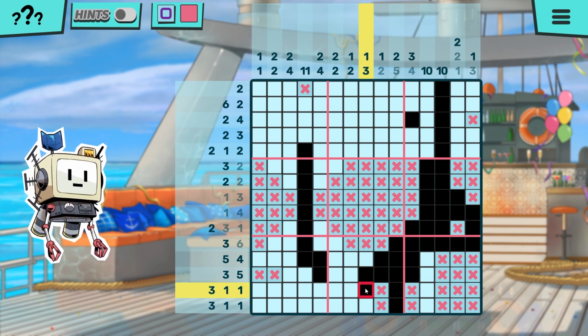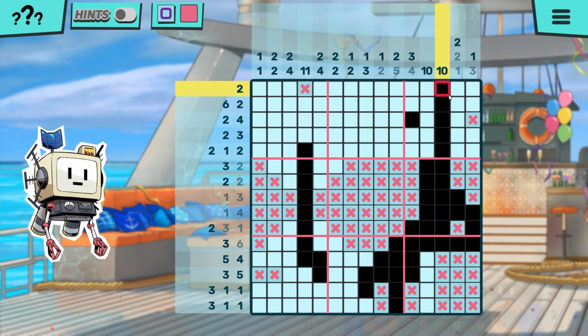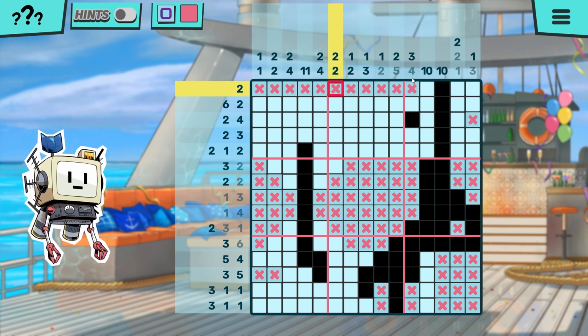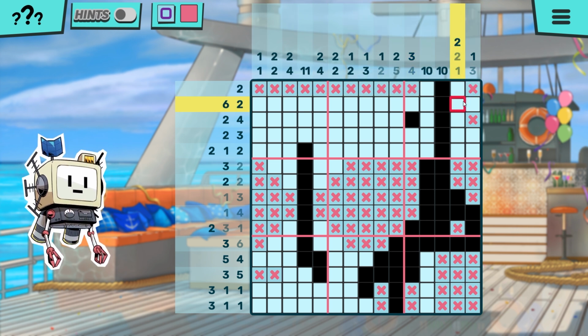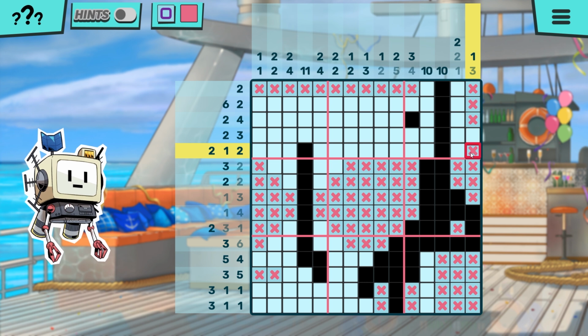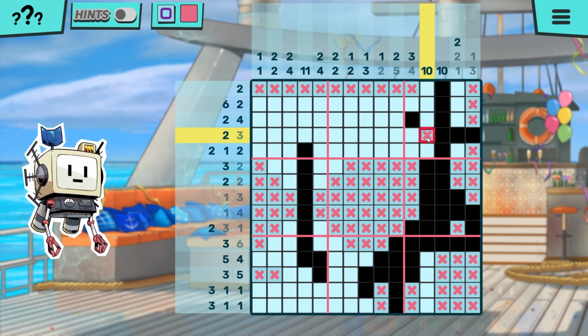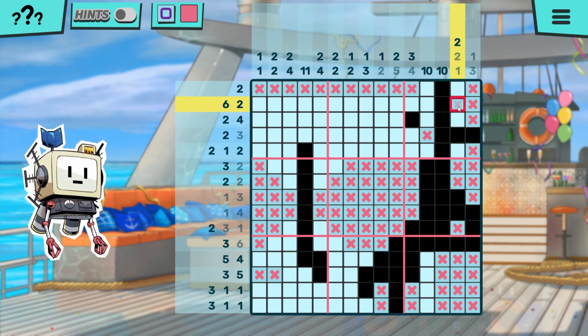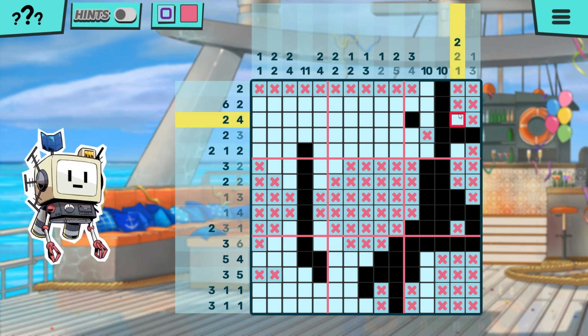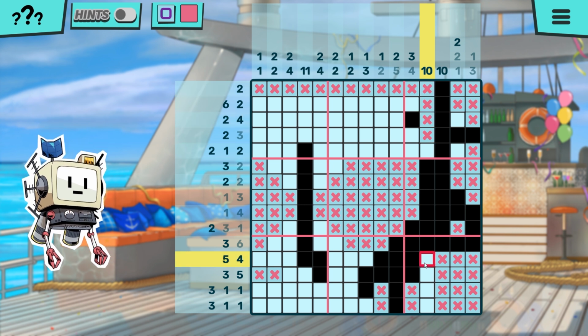Push this here. It means we know for a fact this 3 is down here. There's something, a 2 at the top. Which means we know where this is. We know where this 3 is. We know where these are, because the 2 has to be somewhere within this 2 range. The 4 has to connect those together. These are X'd off, which means the 10...